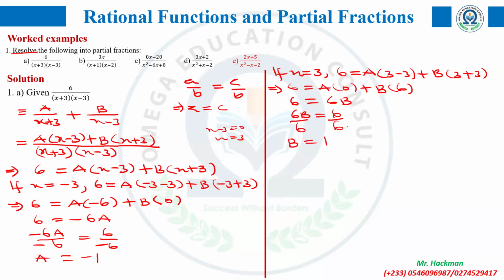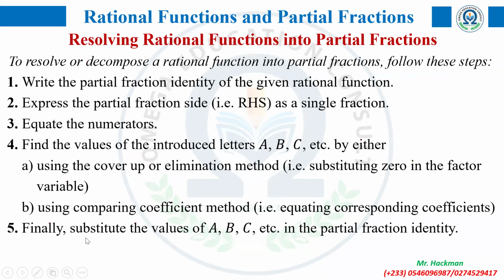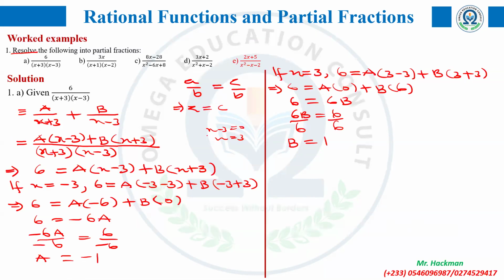So at this point that you know A and B, remember the last step. Go and substitute the values of your found letters that you introduced into the partial fraction identity. So where is our partial fraction identity here? Because you know the values of A and B, this is no longer the identity. It's the actual partial fraction. So you write, therefore, what you were asked to resolve: 6 over x plus 3 as one factor, x minus 3 as the other factor, will be equal to